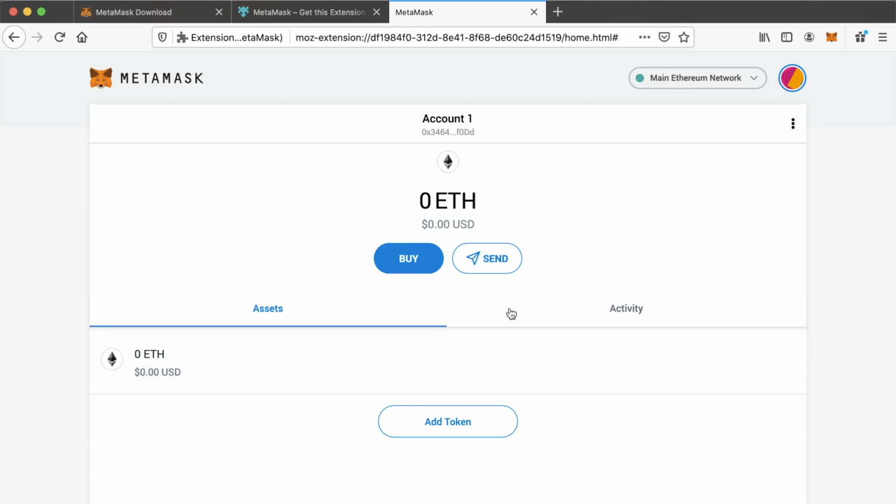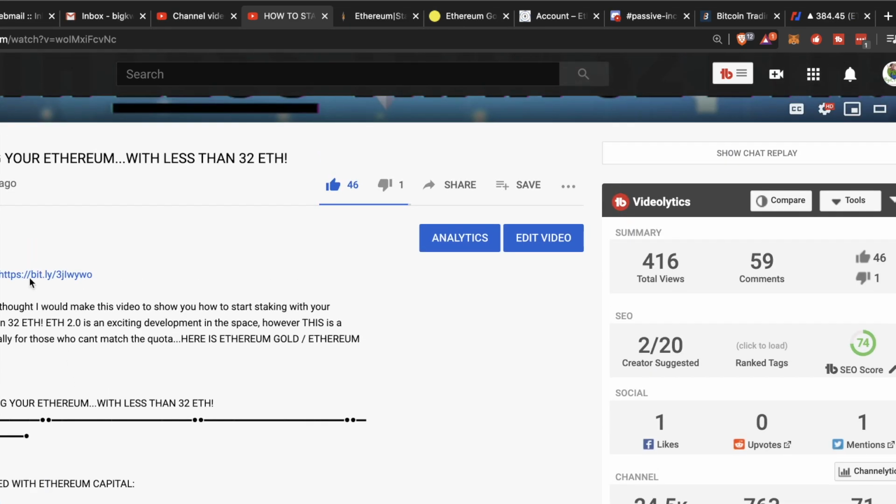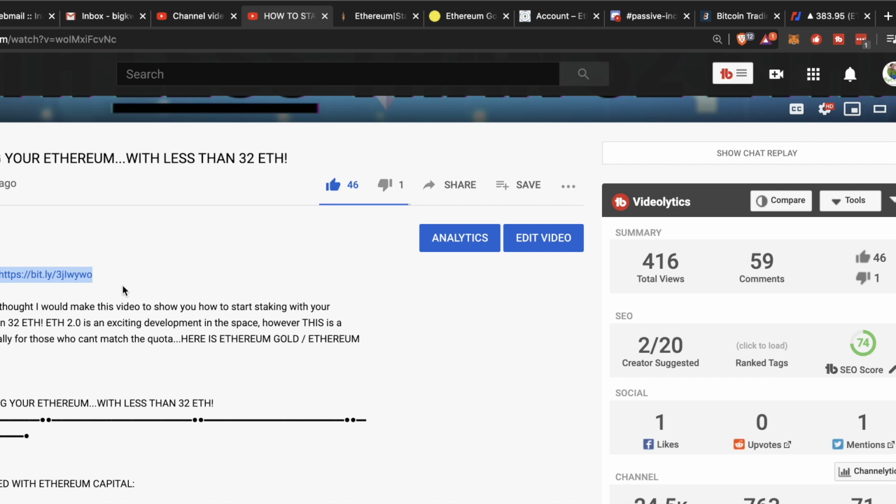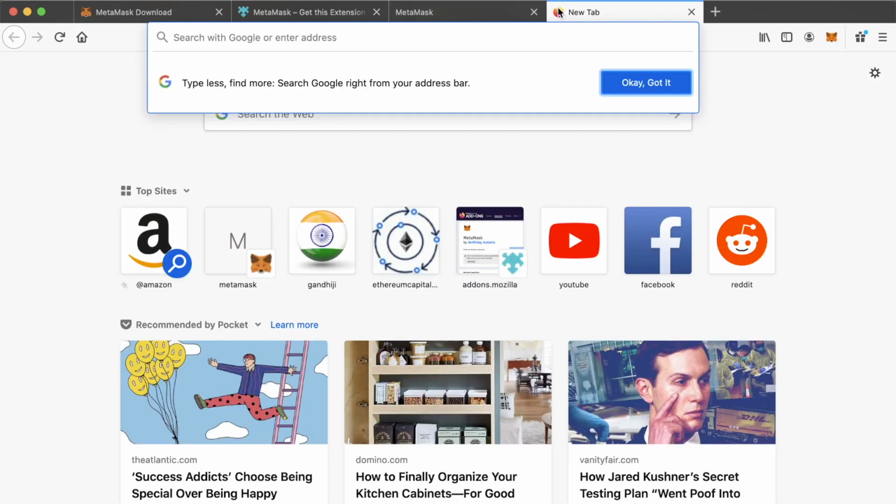It's showing me my wallet in its own browser. So now I've got that. I'm just going to quickly return to my video here, and I'm just going to copy the link. Of course, you can just directly click on the link, guys, because it will just open in your browser. However, obviously I'm doing this on a different browser, and I'm just going to paste it in a new tab.